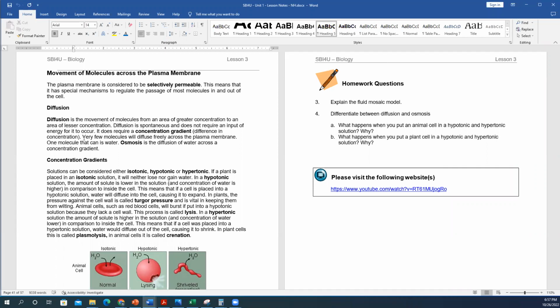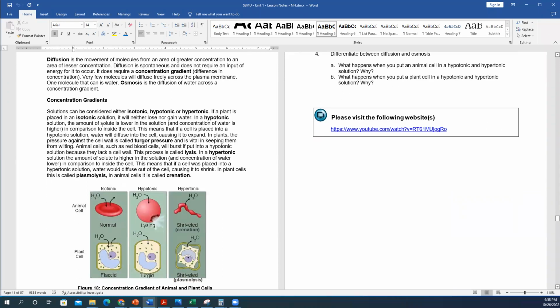Water is one of those molecules that is able to diffuse quite freely across the plasma membrane, and the special name given to the diffusion of water across a concentration gradient from one side to the other side of a plasma membrane is called osmosis. We talked a little bit about